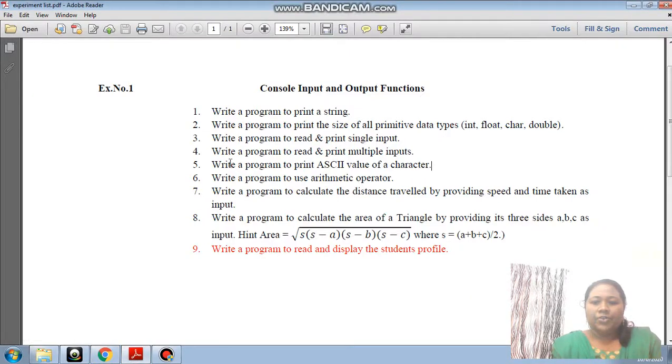We are going to learn about program number 5, that is to print the ASCII value of a character. Regarding this, we are going to read one character input from the keyboard from the user, and then we are going to find out the ASCII value of the same character and print it back on the screen. So regarding this, you create a file, that is ASCII.c, and then you start including the